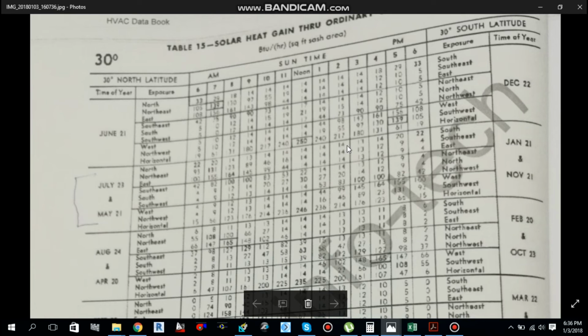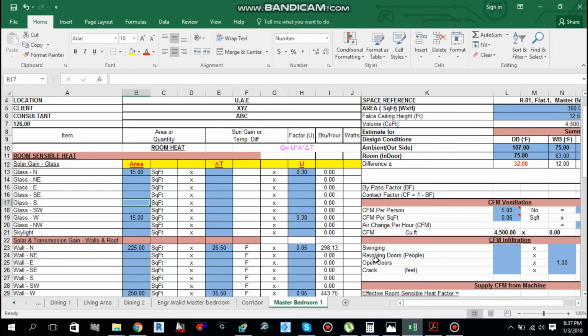That is 13. So for the north side we have to use 13, and for the west side at 3 p.m. that is 145. So north side 13 and west side 145. Here is the load calculated for the north side and for the west side.